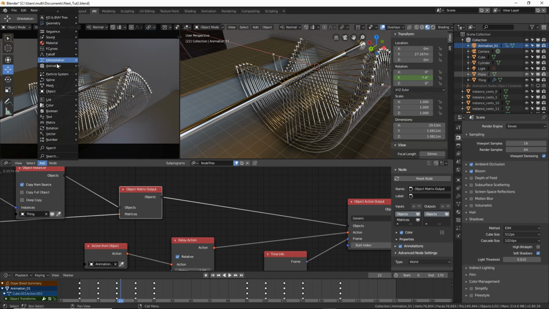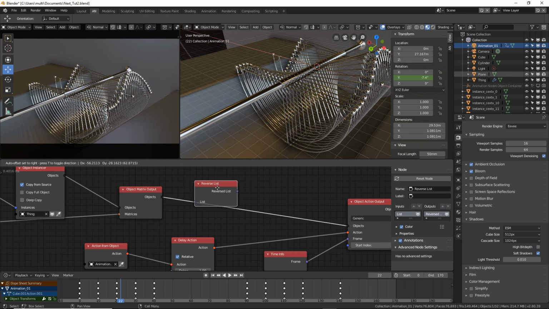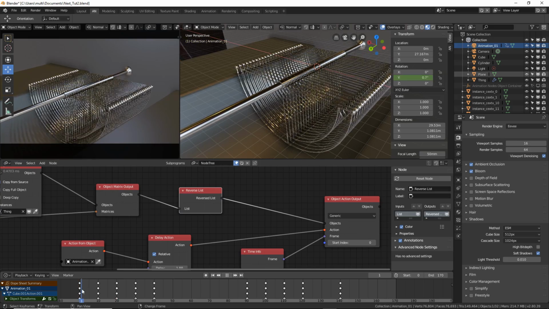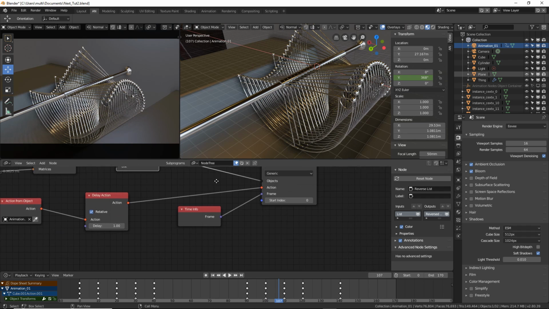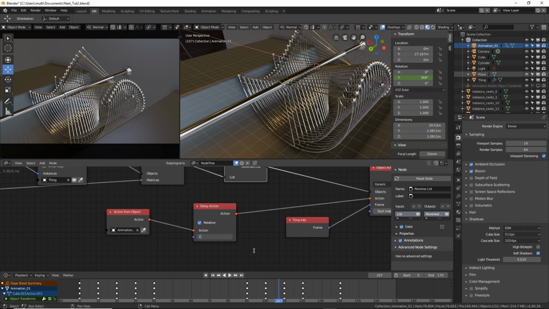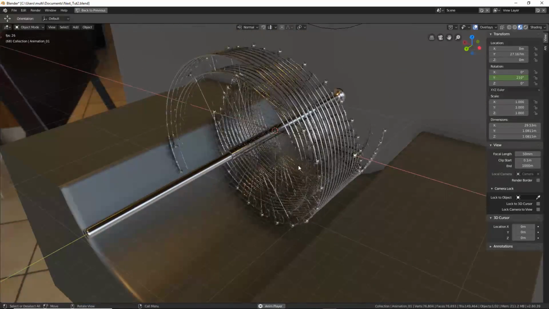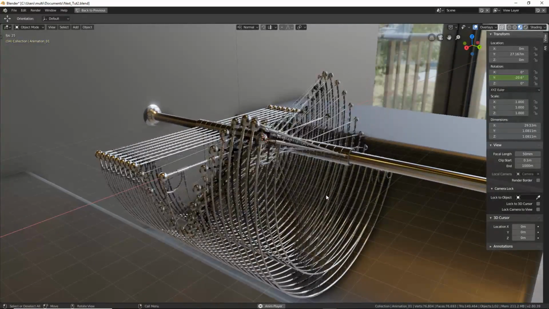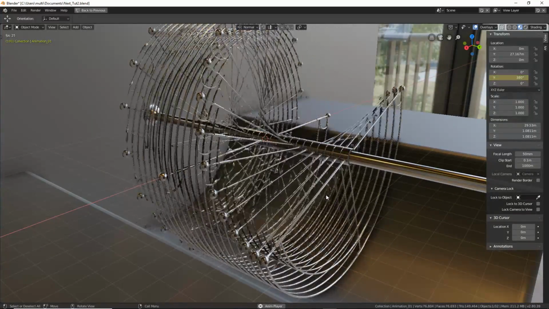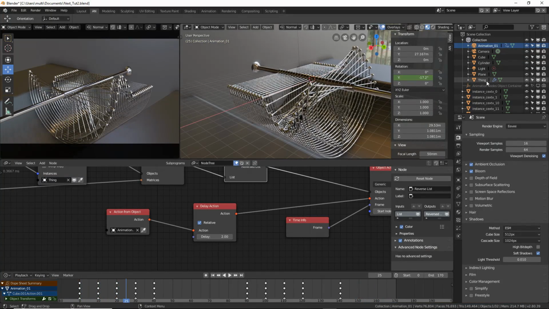So go to add and list. Here is a reverse list node, just insert it, and you will see that the animation starts from here. And I'm going to change the delay to 2 frames. This is the animation. And you can see it's pretty easy. I'm seeing the original object is still here, so stop that, and I'm going to hide this thing here.